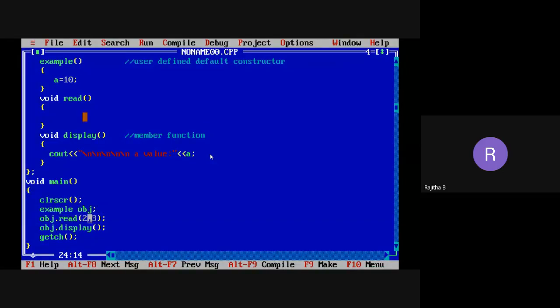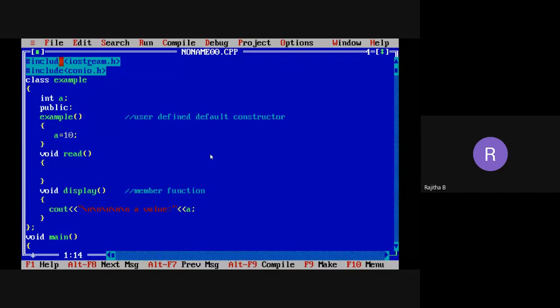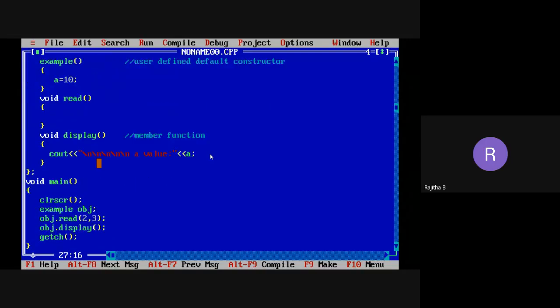So I am taking only one data member now in a class. So that means, okay, I am going to take one more, B also. I am declaring two data members here, A and B. Now come to the read function. I am calling the read function with the 2, 3 parameters, and the type of parameters are integer type. So 2 and 3 are the actual parameter values, and I want to store these values into the formal parameters. So I am taking the statement here: int x, int y.